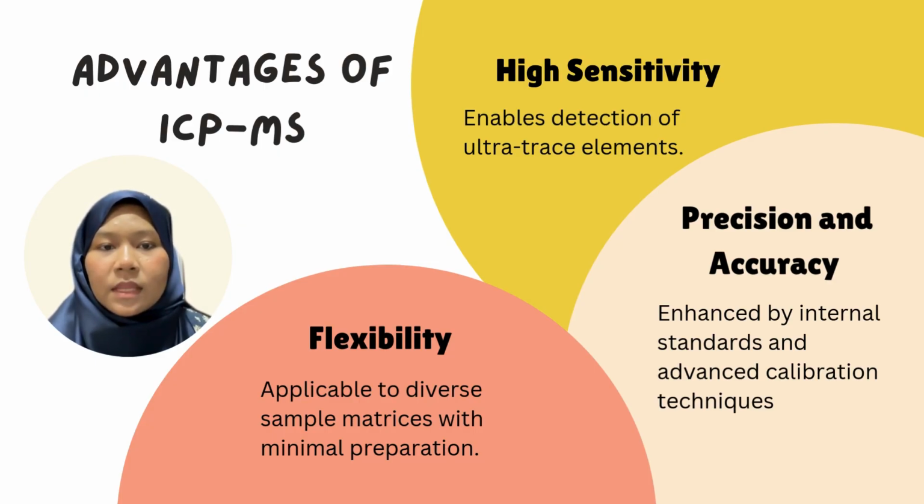It requires minimal preparation, allowing for efficient and diverse analytical applications. Lastly, precision and accuracy. With the use of internal standards and advanced calibration techniques, ICP-MS achieves remarkable precision and accuracy in its measurements. Together, these advantages make ICP-MS a preferred method for elemental analysis in fields such as environmental science, pharmacology, and